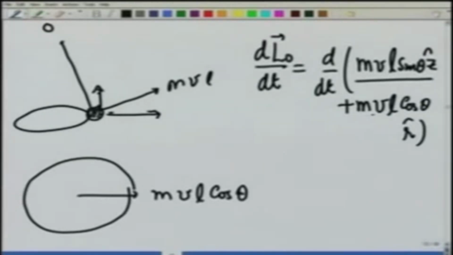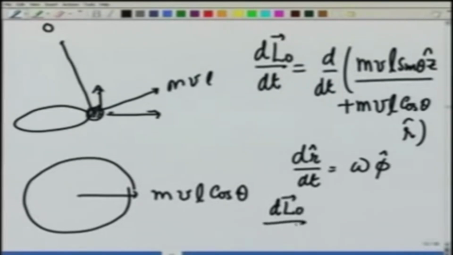In the second, m v L theta are constant, but r unit vector keeps on changing. And if you recall from the first or second lecture, dr over dt is nothing but omega in phi direction, and therefore, I get dL_O by dt as m v L cosine theta omega, and we will see what omega is